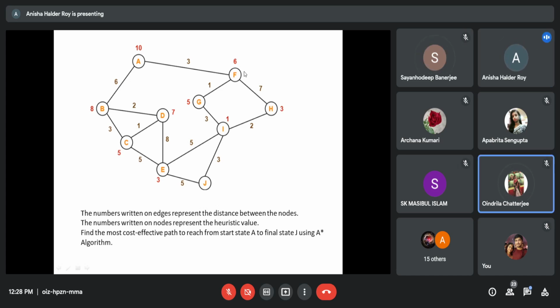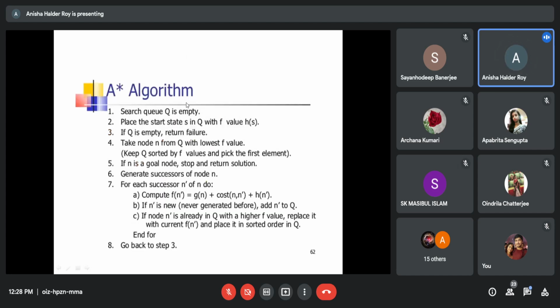Understand? So now you have to take the G function of this one, G function of this one and H function of this one. Again, these two terms are very important. Gn plus Hn. Gn means the G function is coming from the starting node. You have to add all the G functions coming from the starting node, and you have to take the heuristic of only the current node.